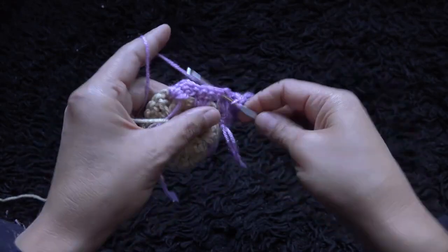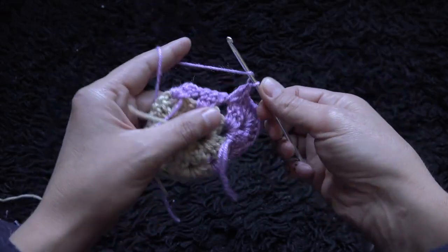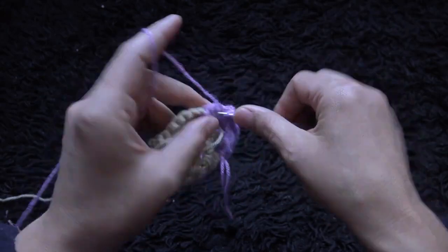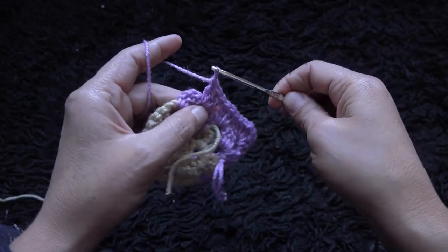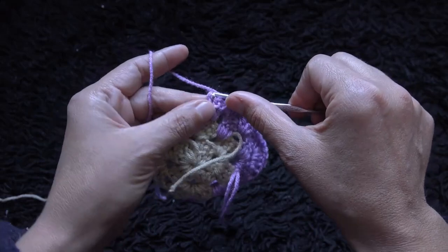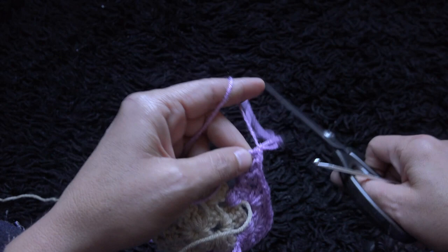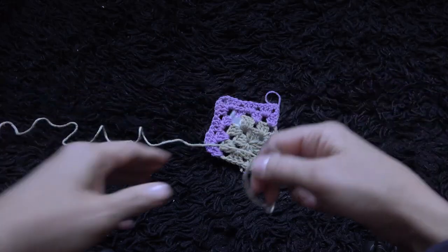Through this next loop I'll make 3 double crochet. Through this next loop I'll make 3 double crochet. Now to complete row 4, right here through this last double crochet, which is the 3rd chain, I'll make 1 double crochet. I'll chain 1, then I'll cut this yarn. This completes row 4. Now for row 5,